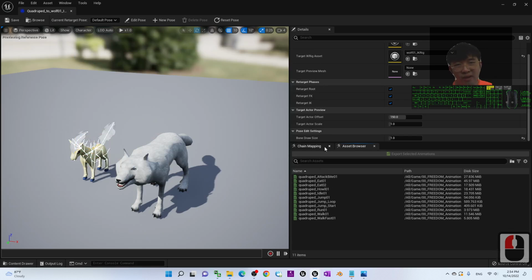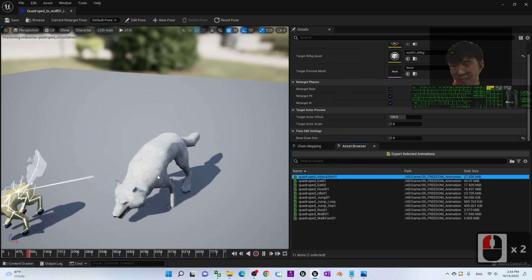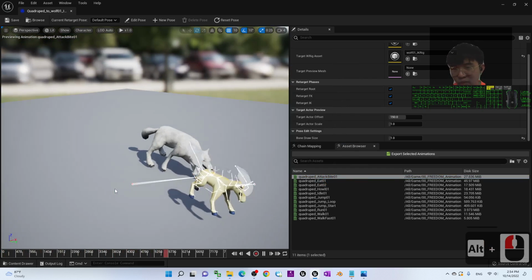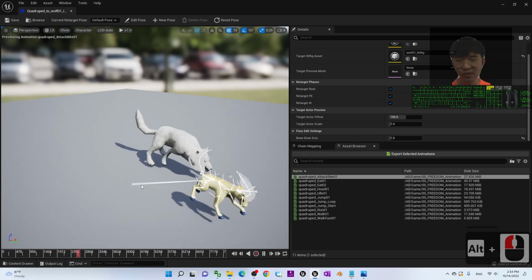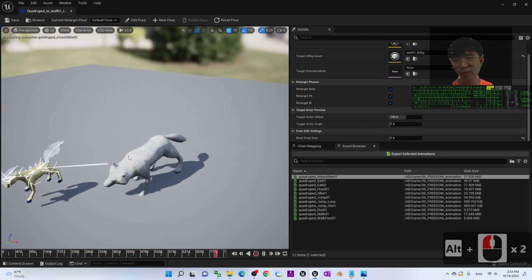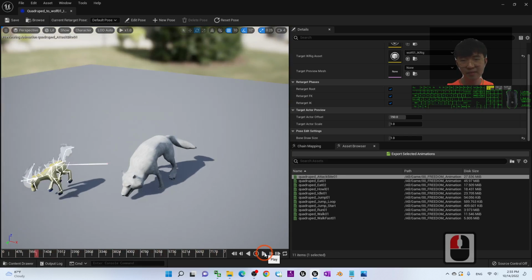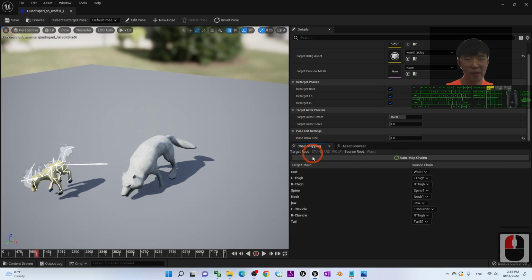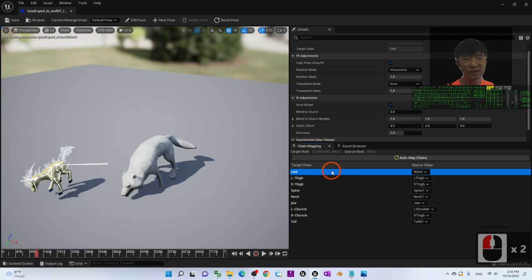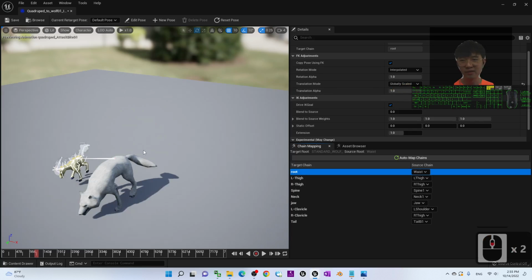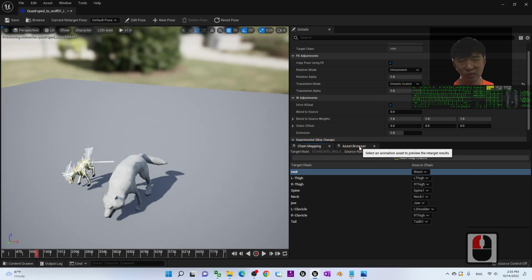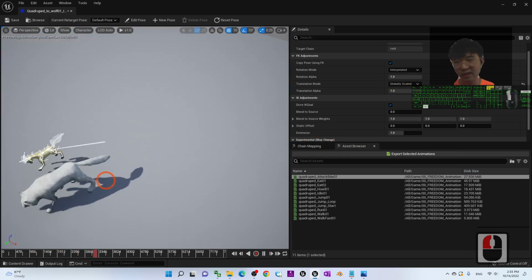Now, if you look at the asset browser, I already set a Quadruped attack bite 01. If I double click it, you can see this is an animation sequence with the root motions. If you want to make sure you retarget with the root motions, you have to go back to the chain mapping, click the root. Click the root, and then the translation mode you have to change to globally scaled. So now, back to the asset browser. If you play again, now you can see it is already retargeted